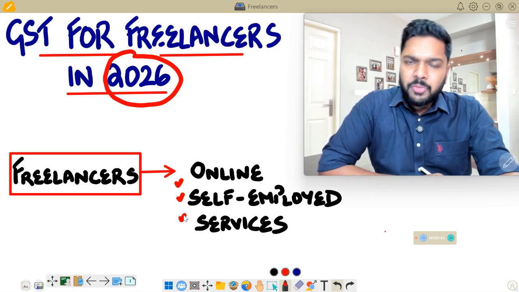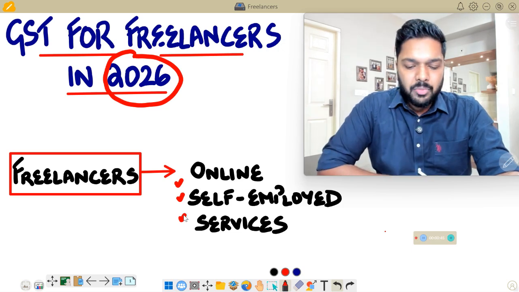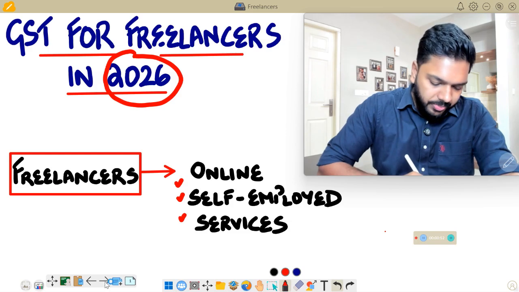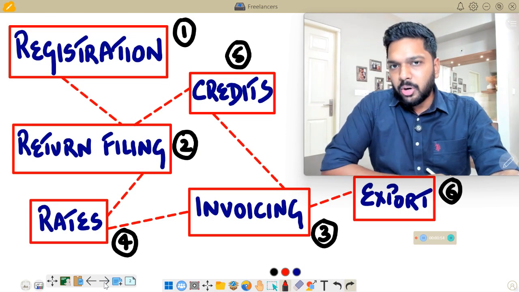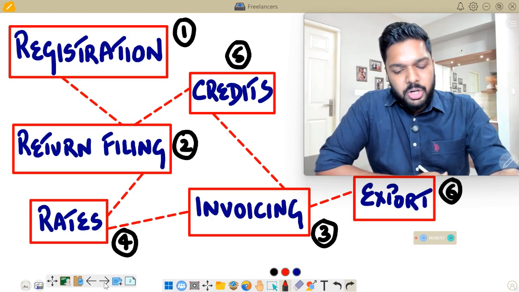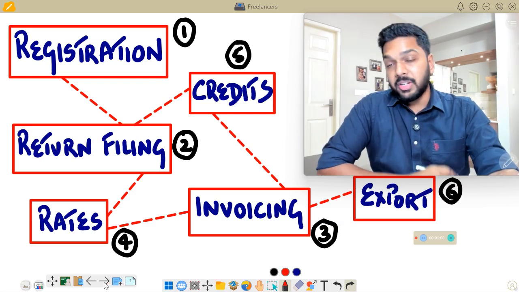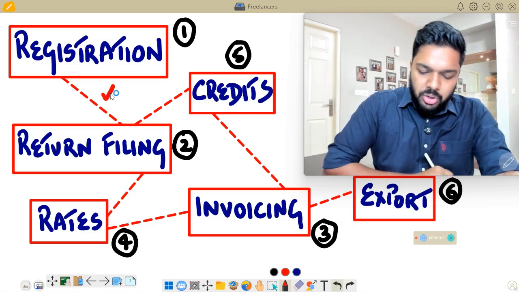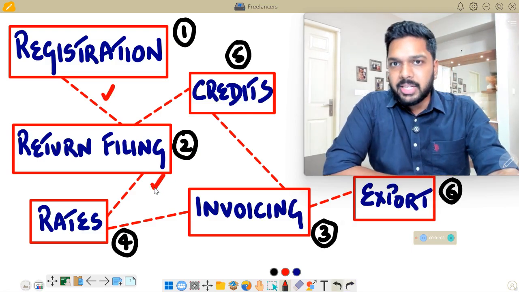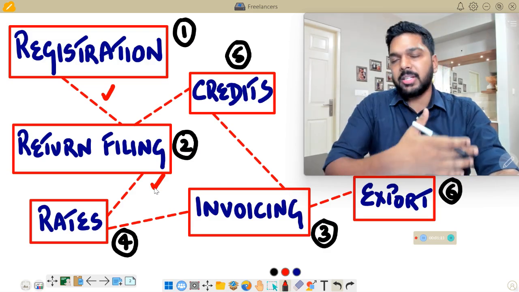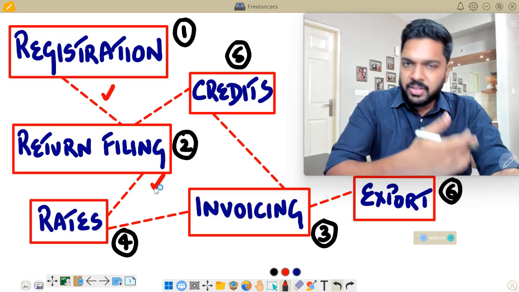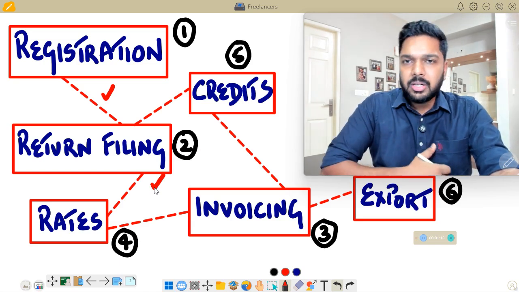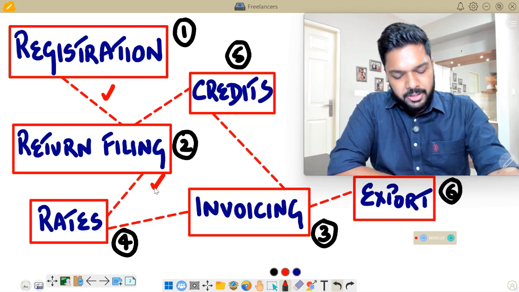So the focus of today's video is going to be for freelancers and what are the important points to be kept in mind as far as GST is concerned, especially in 2026. So during the course of the entire video, we'll talk about different segments of GST. We'll talk about registration and why it is important and why it's the first important step for a freelancer when you're thinking about GST. We'll then look on to return filing. There are a lot of returns these days, especially for an individual, a proprietor, LLP as well as a company. But we'll find out the basics as in the threshold limits for filing a return.